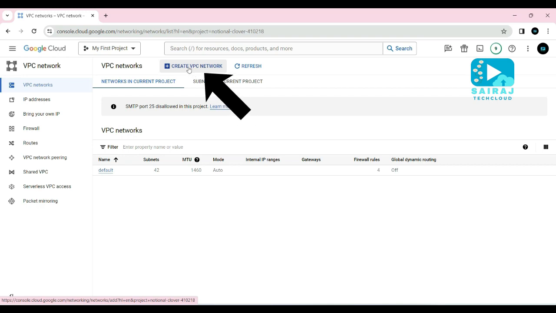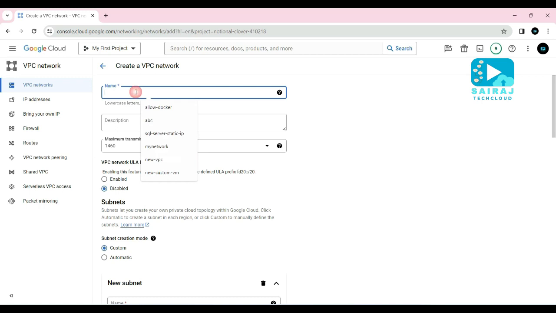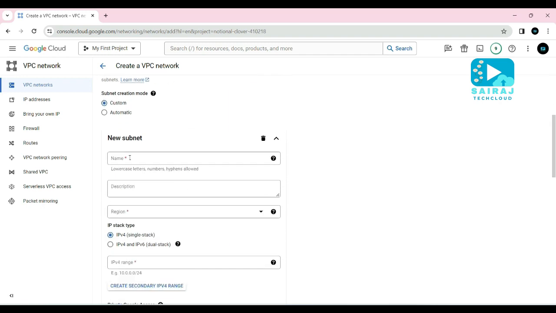As you can see here, then fill all the information fields here. The name of the VPC network is VPC private 1. For example, this is VPC 1 or VPC private 1. Then guys, you can create a subnet here. The name of the subnet is subnet 1.